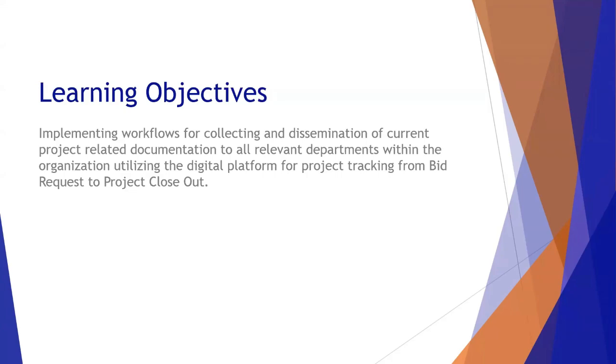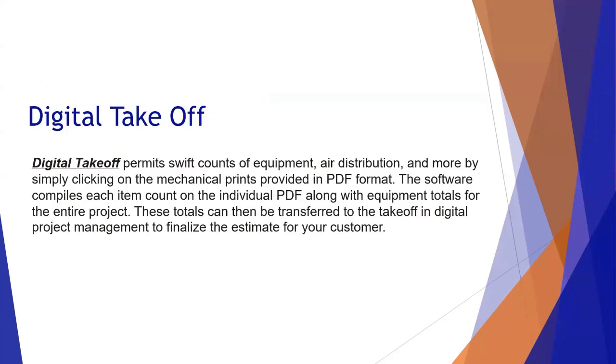So the first item that we'd like to talk about is the digital takeoff. A digital takeoff permits swift counts of the equipment, the air distribution, and more by simply clicking on the mechanical prints provided in PDF format. The software should compile each item count on the individual PDF along with the equipment totals for the entire project. These totals could then be transferred to the Takeoff in the digital project management software to finalize the estimate for